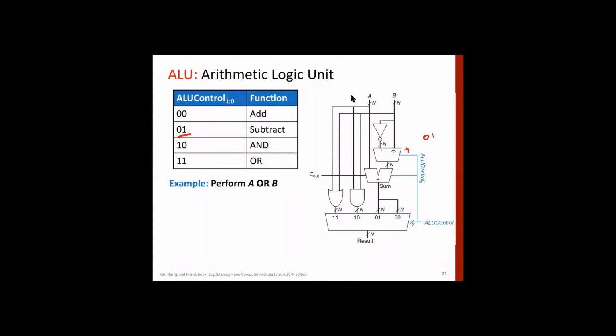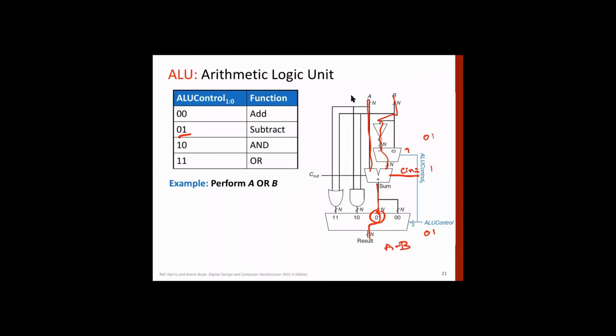So what we take is A coming directly, and then we get the 2's complement here. So we get the inverted B, plus we add 1 to this. This is the carry in, which is again 1 bit, and the output is available here. And of course the control bits are 0 and 1, so we select this one. So the output is A minus B.